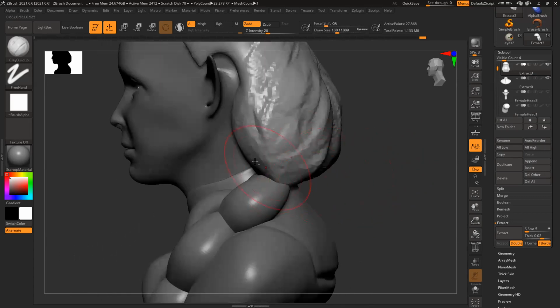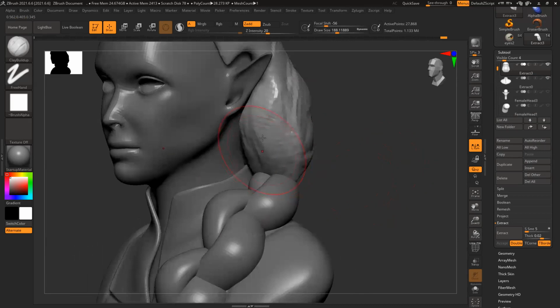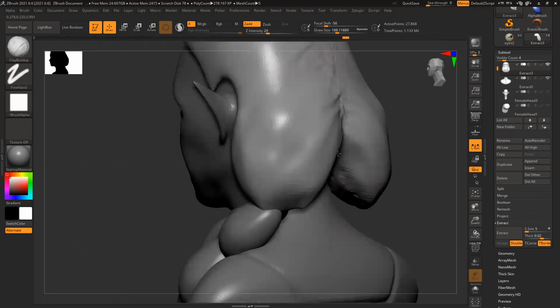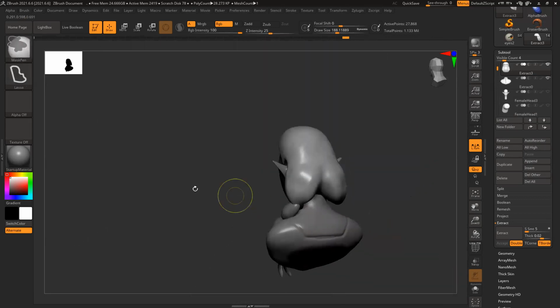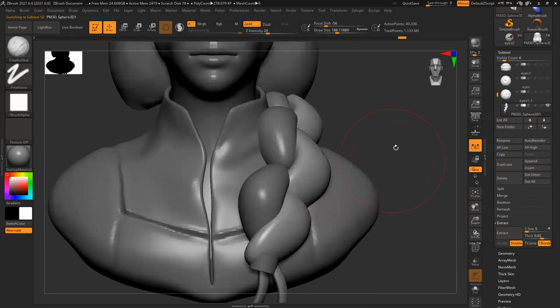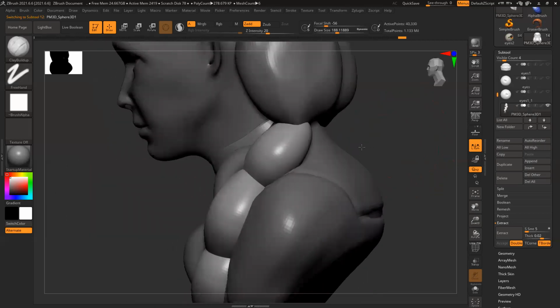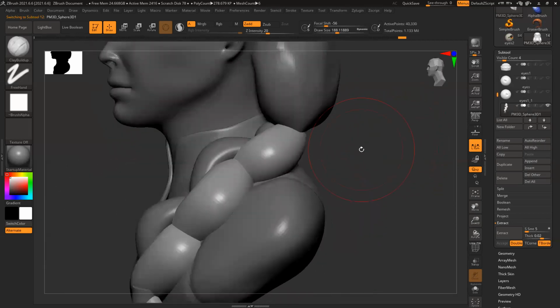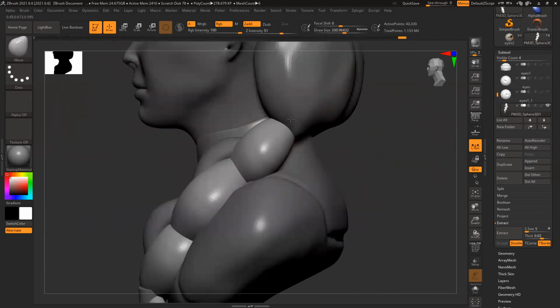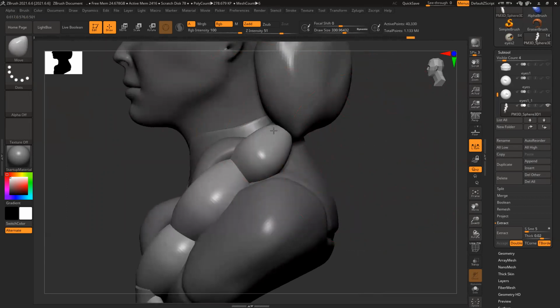This part should be a little thinner. Now for all these things, we have to adjust them. Move it here.